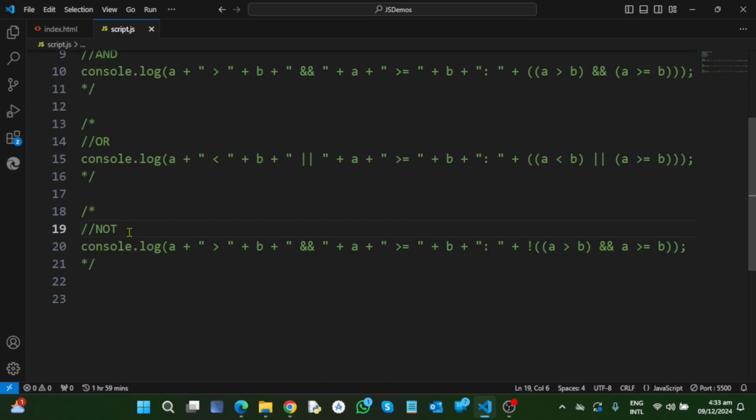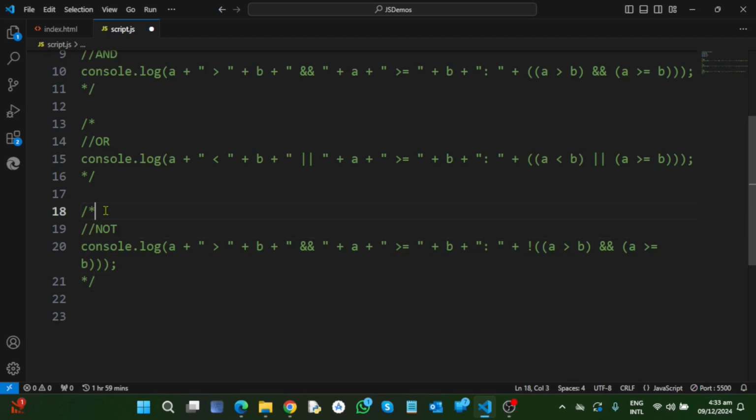So the NOT operator is a unary operator, meaning that it doesn't have operands on both sides. It simply acts upon a combination of operands or an expression. Okay, so in this case, what we have is that